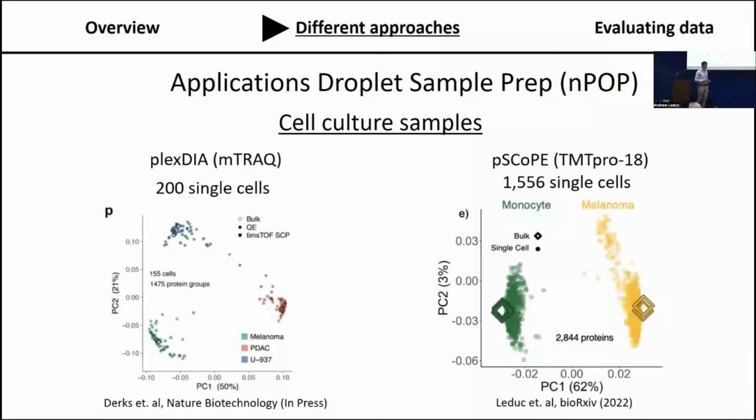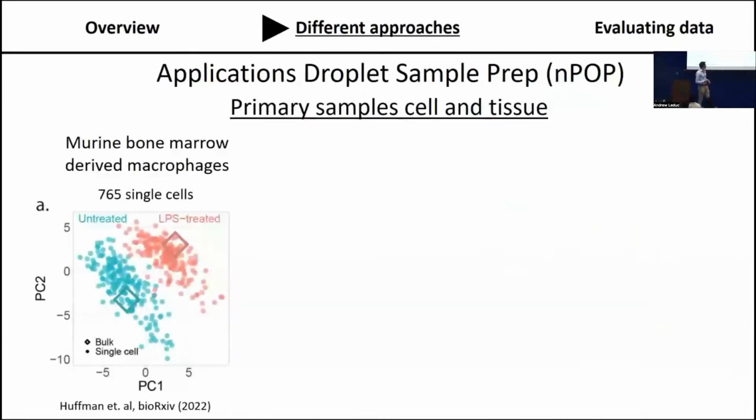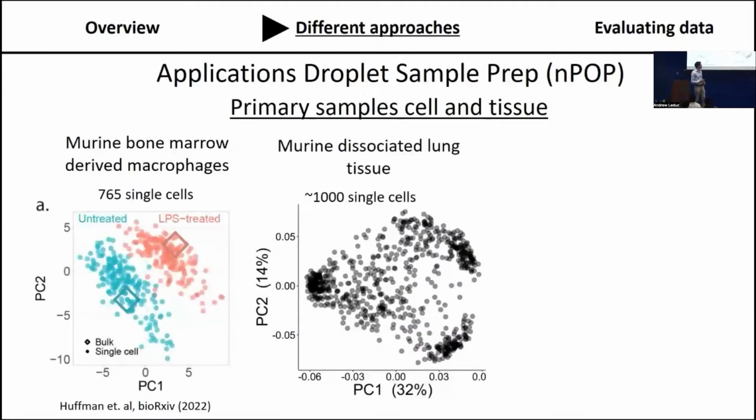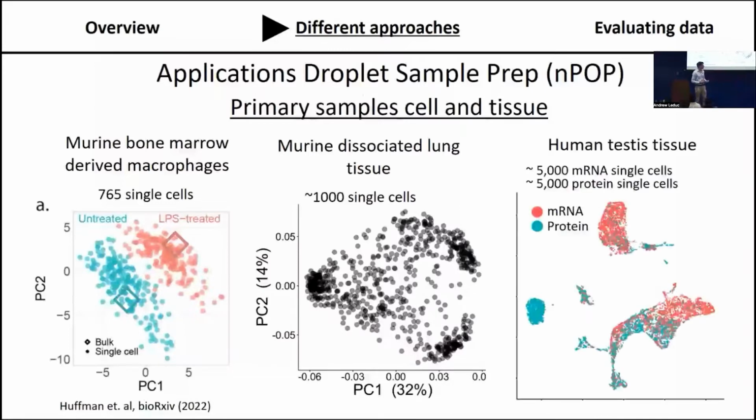But in addition to preparing samples from cell culture, we've moved past this into primary tissue and primary cell samples. Some of this early work was from Huffman's prioritized scope approach, where we analyzed single cells from primary bone marrow-derived macrophages. We've also analyzed samples from murine dissociated lung tissues. And further, we've recently analyzed over 5,000 single cells, as Nikolai alluded to earlier, in a project led by Saad